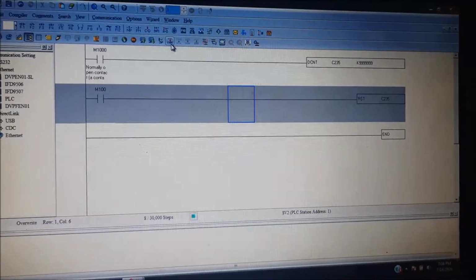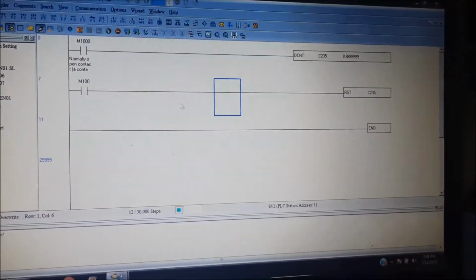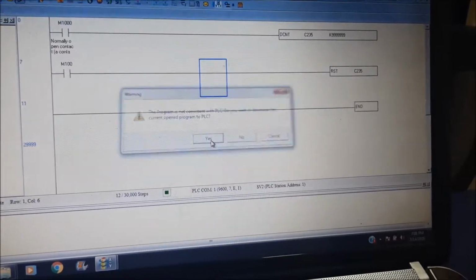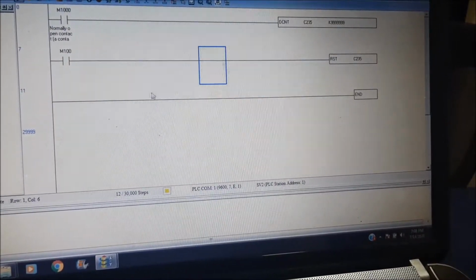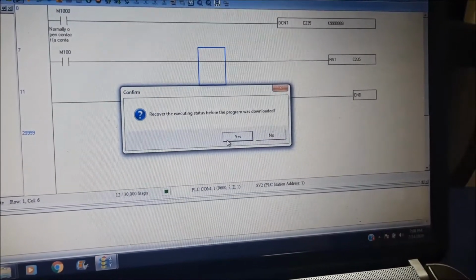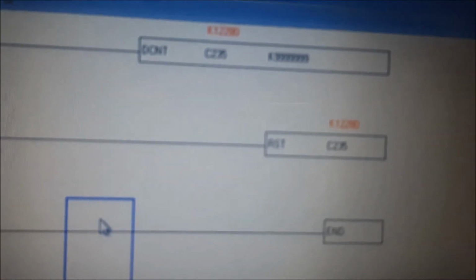Now downloading. See, this is the last value.